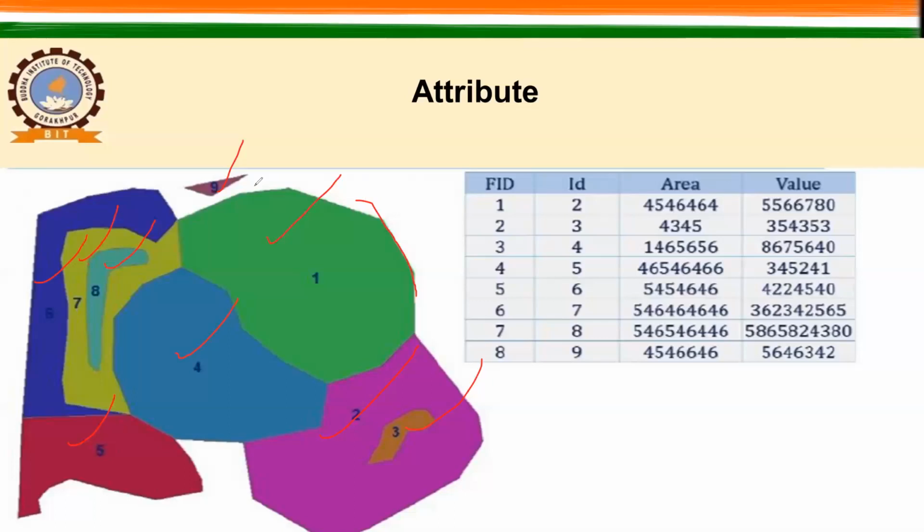So if you see this ID 2, right? So 2 is here. Just take an example. 2 is here, right? So the area is this much. So this is one example. This is dummy data. I just wanted to show you how these attributes look. So when you have this attribute table and suppose you have a column of area, this is the area for this ID 2. So this is the area covered by class 2. Then 3 is this much, and the value of this particular parcel is this much, right?